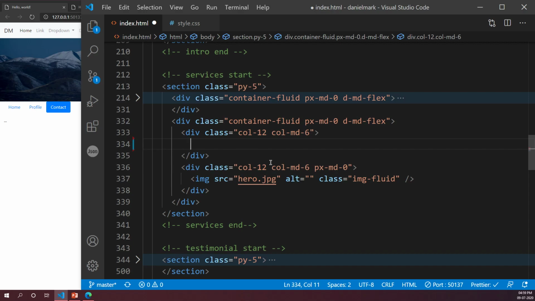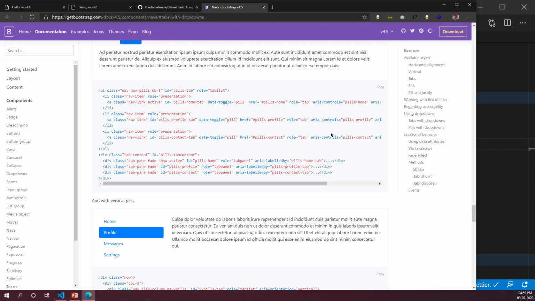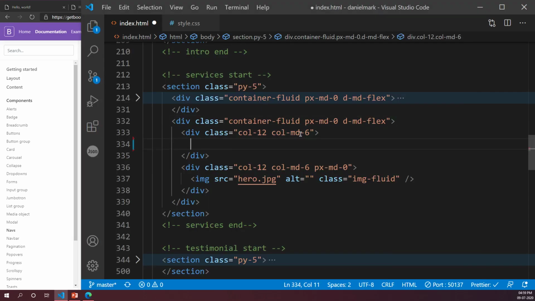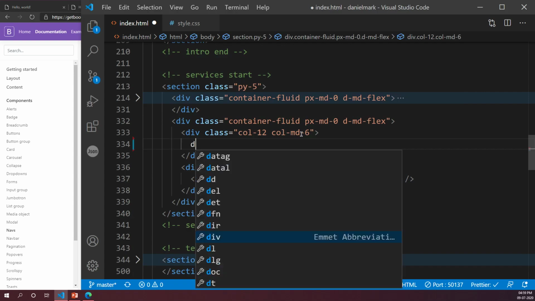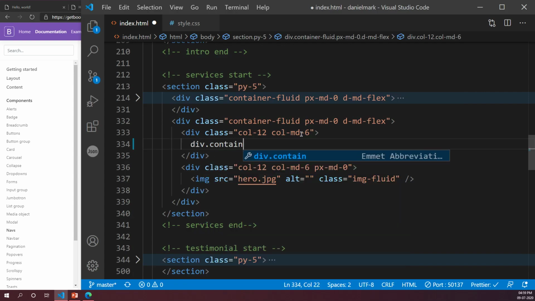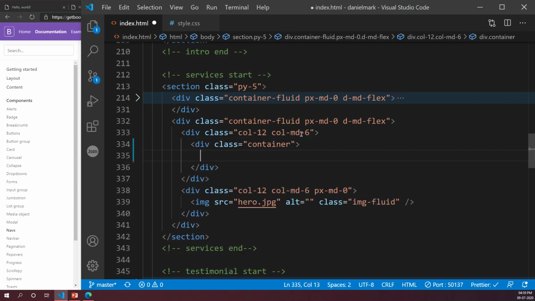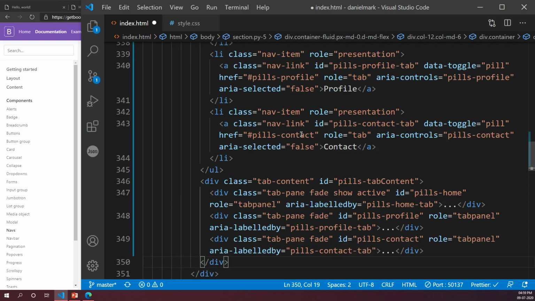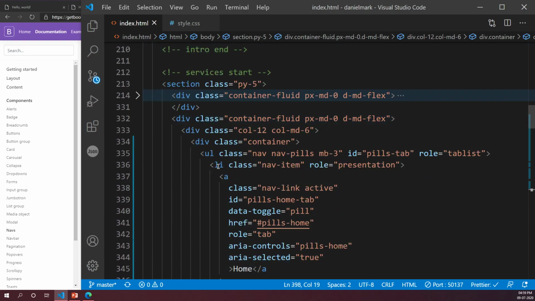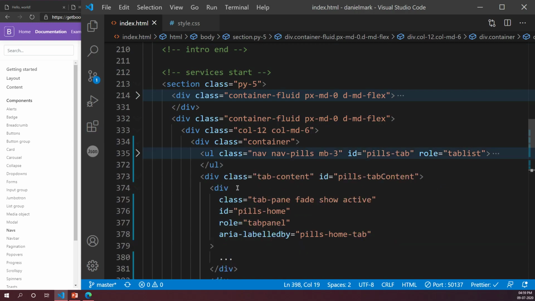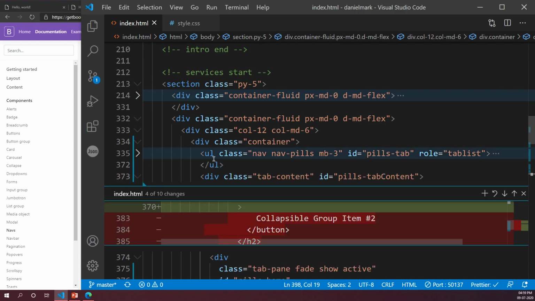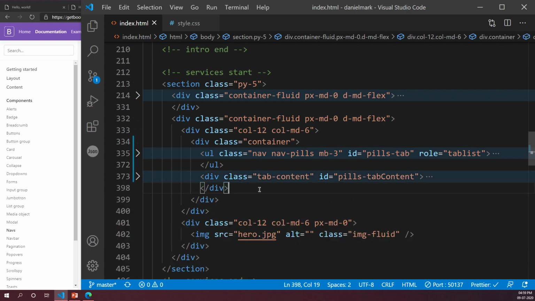Okay, so you have tabs from Bootstrap, right? Copy it. Now what we're going to do is create a div, and we're going to call this a container, and we're going to paste it inside the container. All of you done? Just paste that inside the container. Okay, and I'll tell you why. Create a container and paste your tabs inside that container. Once all of you have done that, just let me know.